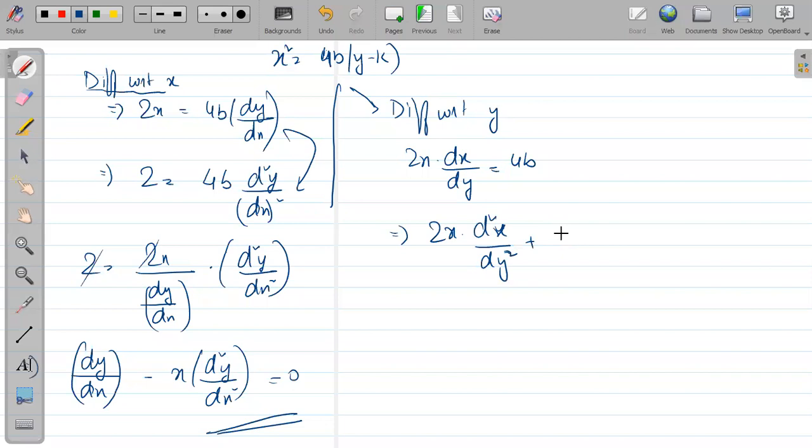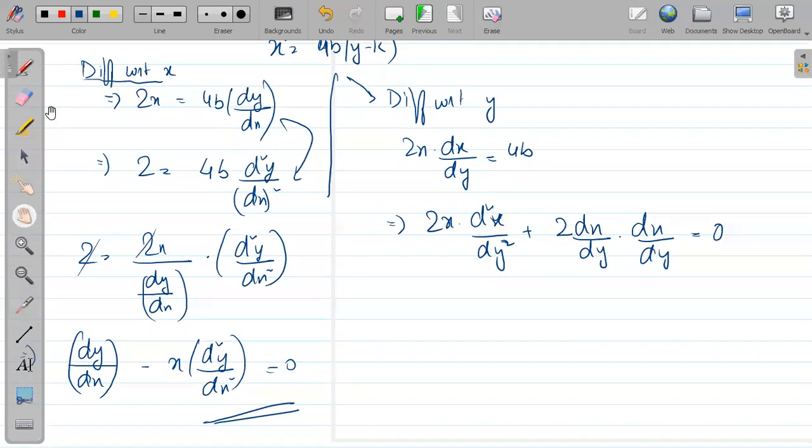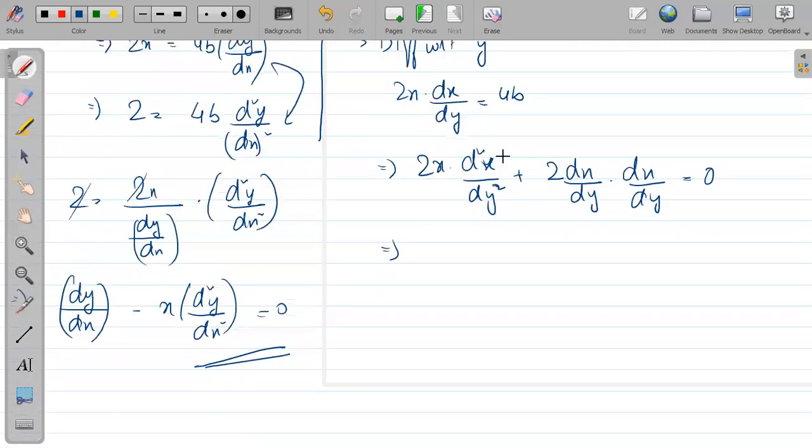Product rule. So here it will come 2 dx by dy, and it is already presented dx by dy. And it is 0 if you observe here, because on differentiating this is cancelled out only. This is the answer. If you differentiate 2 times, the order will be 2. So whatever be the number of parameters present in the equation, that will be the final order of the final differential equation. Always remember.